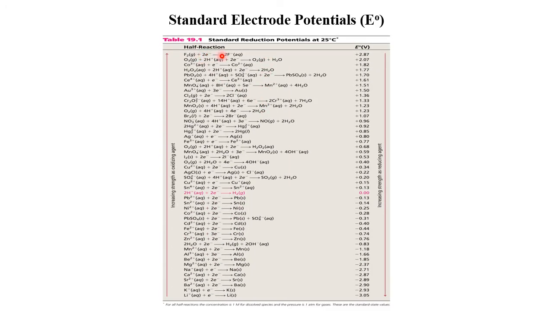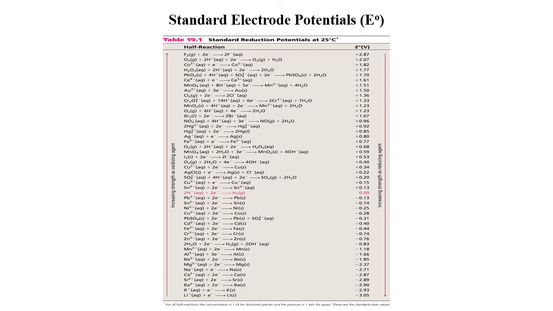Okay, this is the standard electrode potential, or standard reduction potential, list. This one is very important. But during the exam, this list is not given. The exam will give you the specific standard reduction potentials according to the question. But for the time being, you must know how to find out the standard reduction potential